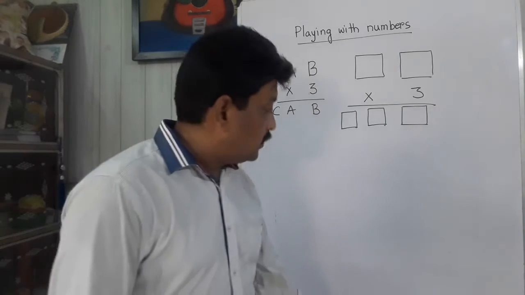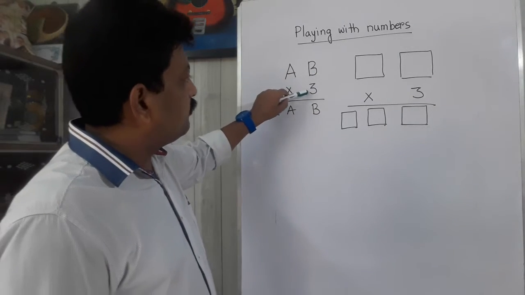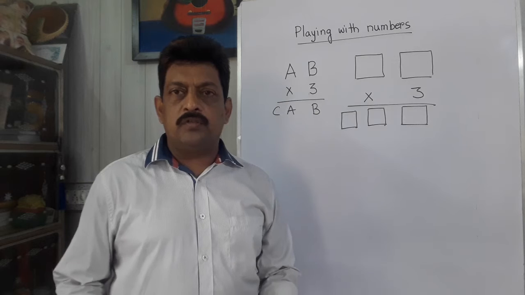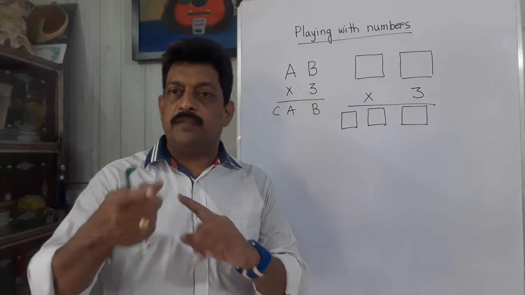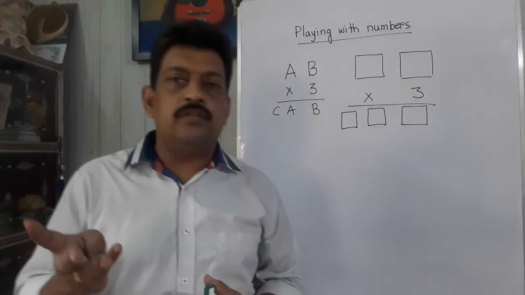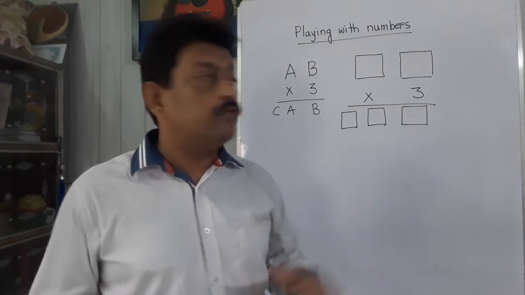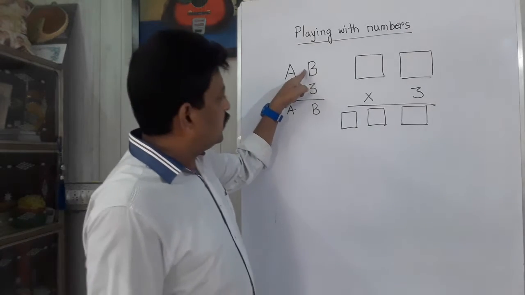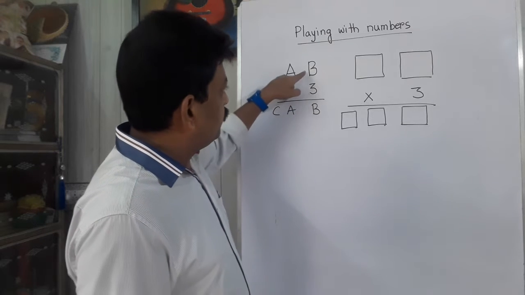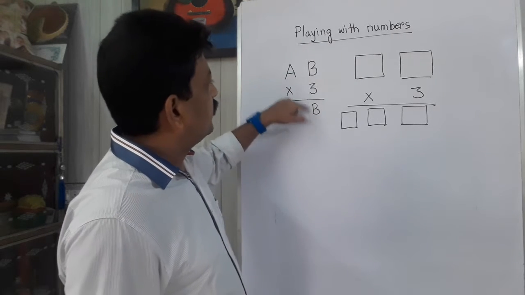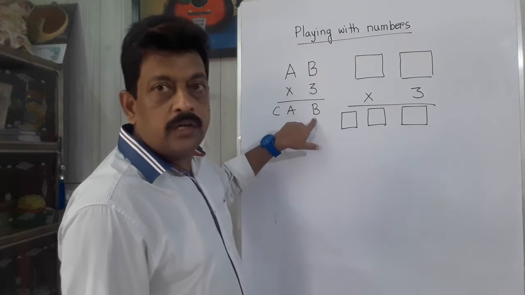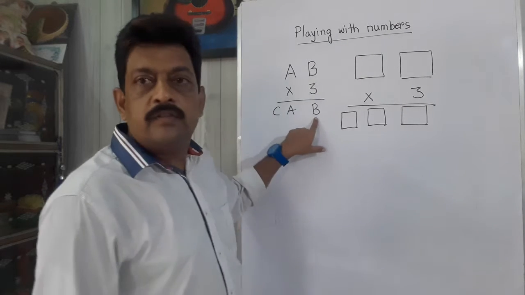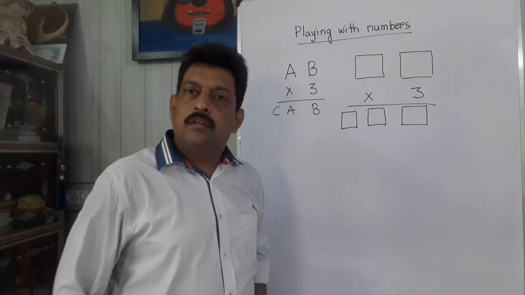Now first of all, students, tell me which number when multiplied with 3 will give the same number at the units place. Just go on guessing. 1 is not the answer because 3 ones are 3. If you put 1 here, it will become 3 here. It is not possible. If you put 2 here, it will give 6 here. Not correct. If you put 3 here, it will become 9. It is also not matching. If you put 4 here, it will become 12, 2 at the unit place. It is also not matching. If you put 5 here, 3 5s are 15. 5 is coming at the unit place. So 5 can be the number.